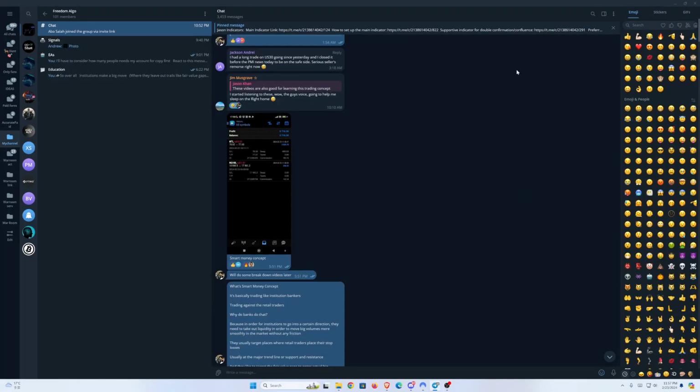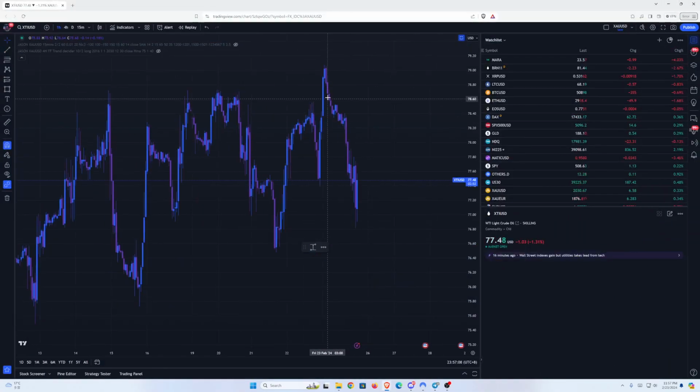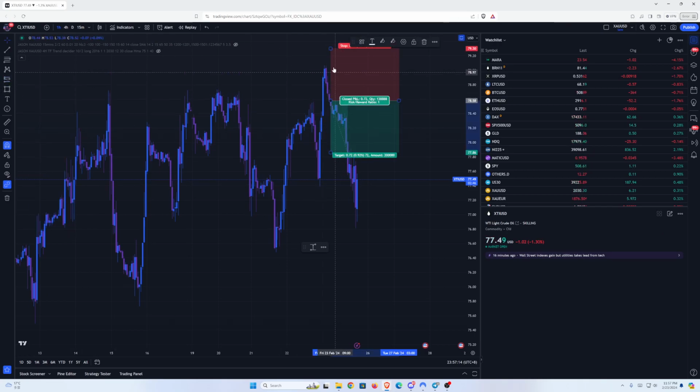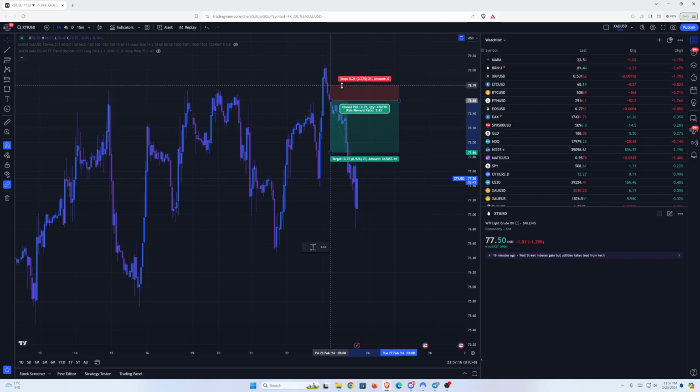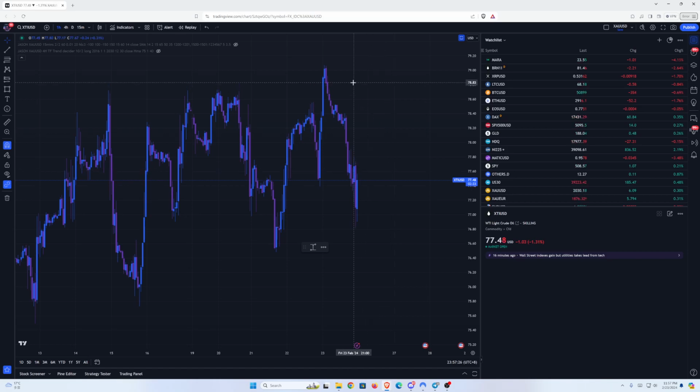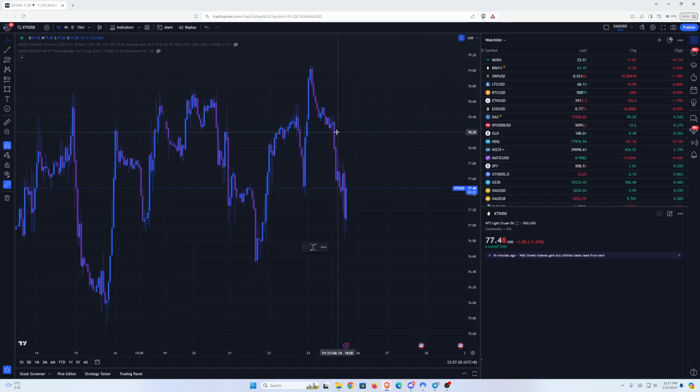So how did I do it? This was a sell trade, right? So it was from here. It was actually from here, somewhere from here. And I traded it like this all the way to somewhere like here, okay? This is how I did it. It should have been from here, but I did it from here. So let me explain how you would trade this one.